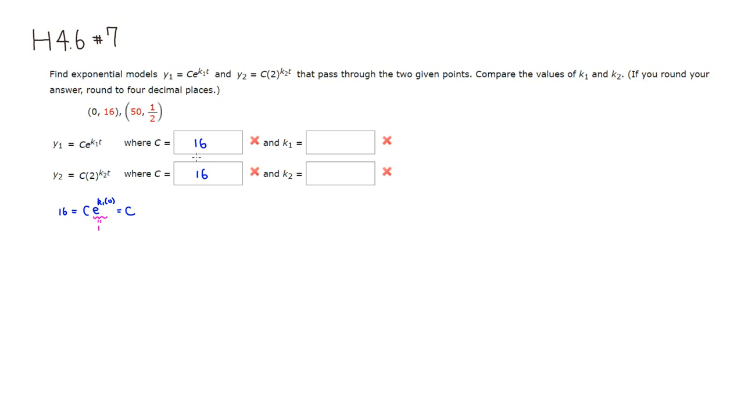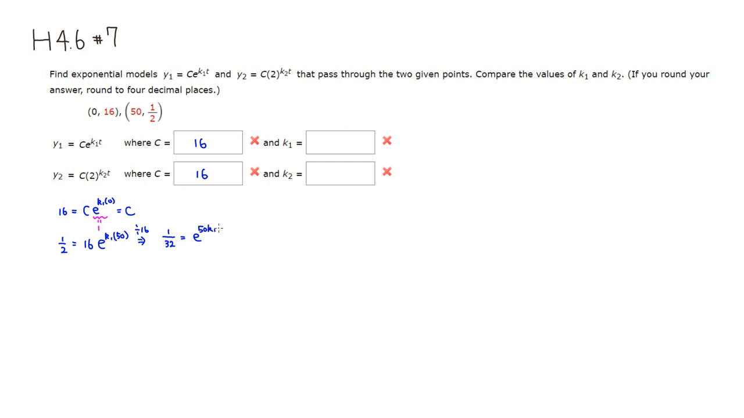So let's find the k1 value using the second point. You have 1/2 as the y value, and this is equal to c, which we already know is 16, times e to the k1, and the corresponding t value would be 50. So you put the 50 there. Let's solve for k1. First I'm going to divide through by 16, so you get 1 over 32 is equal to e to the 50